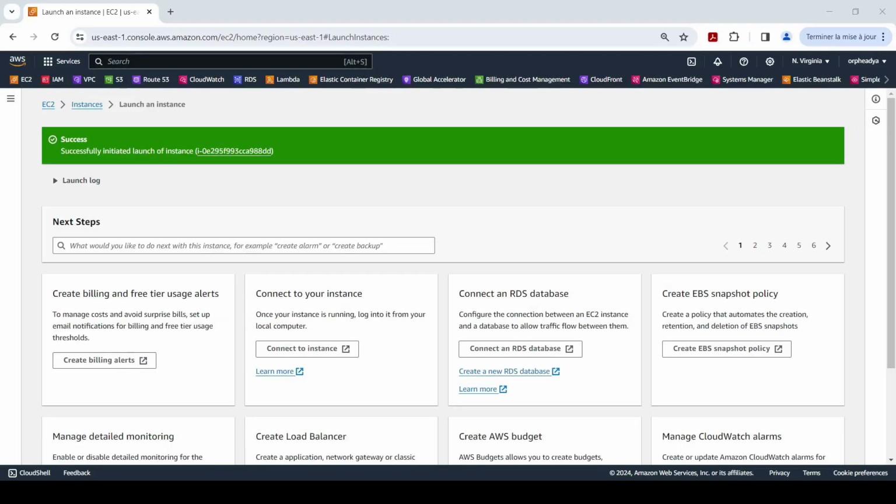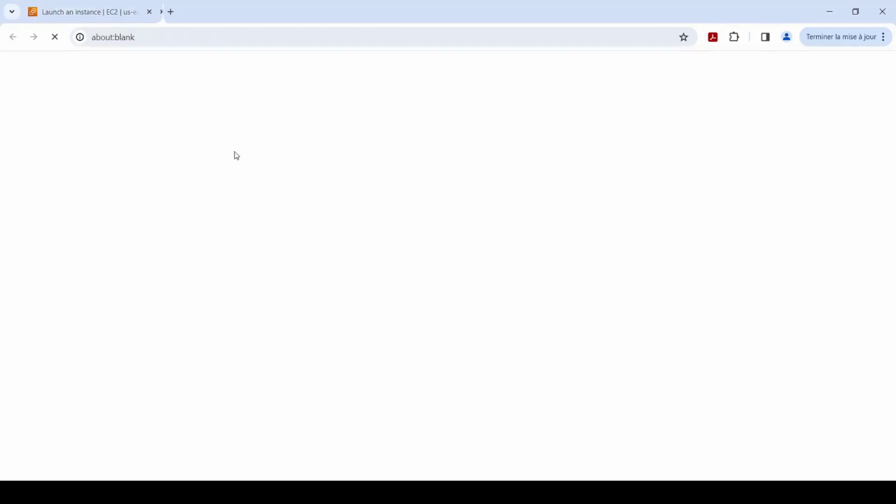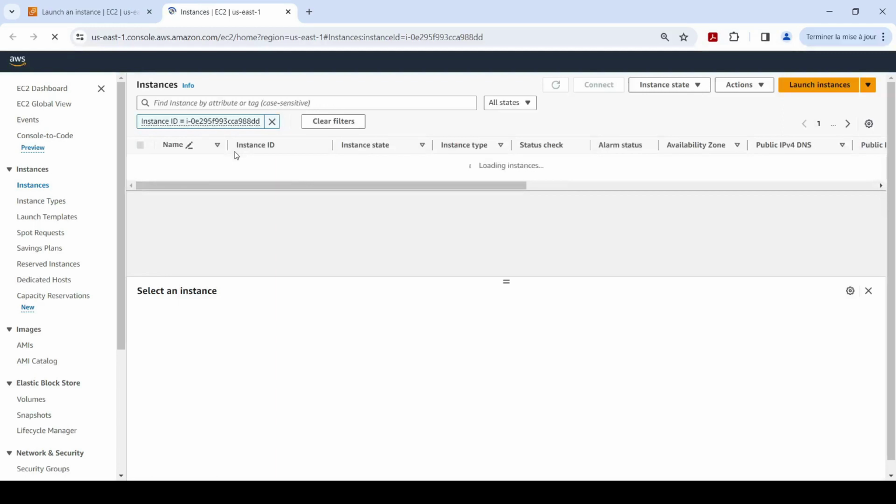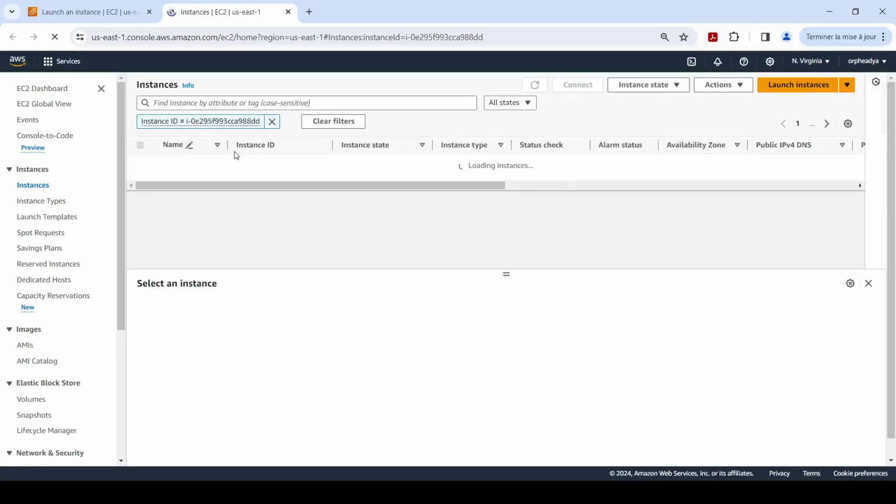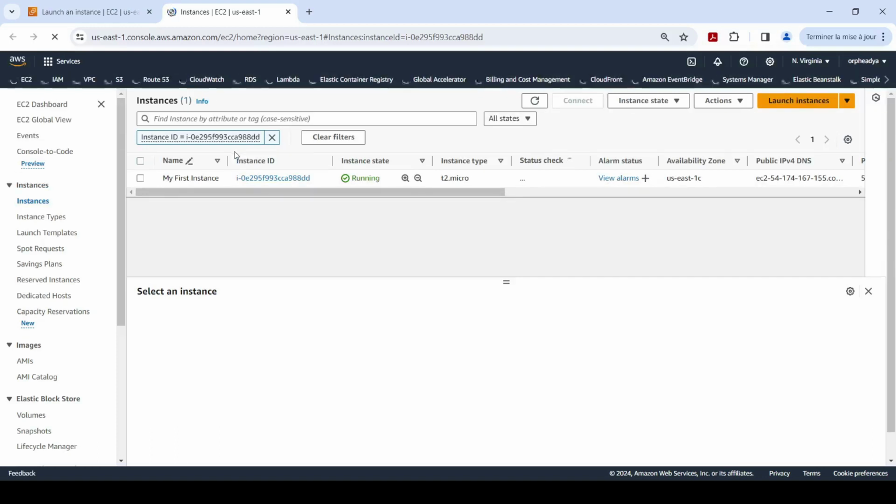The EC2 instance is now successfully created. I can click here to access that instance. As you can see, the instance state is now running.